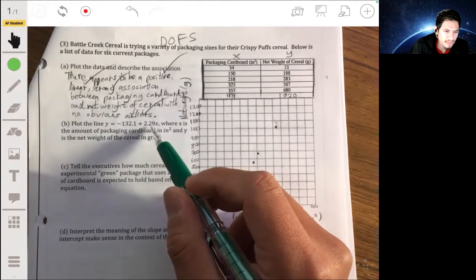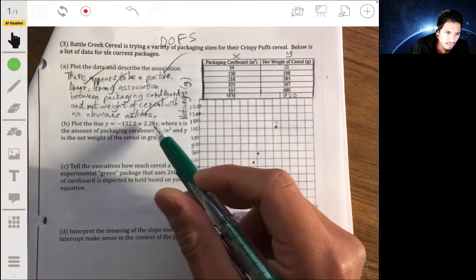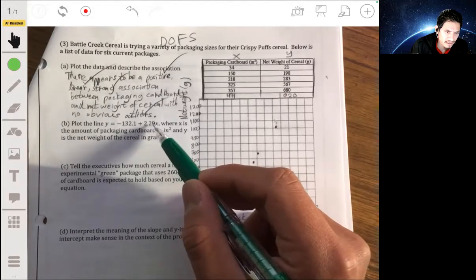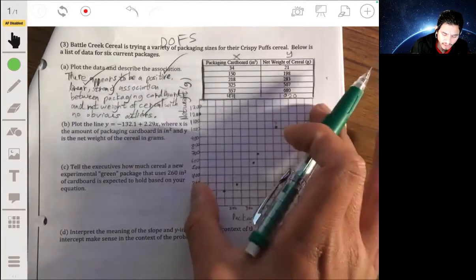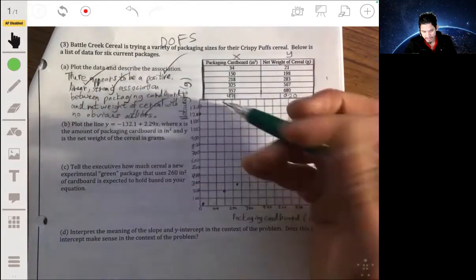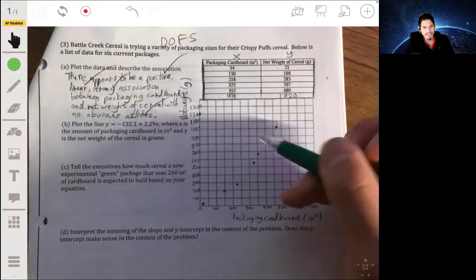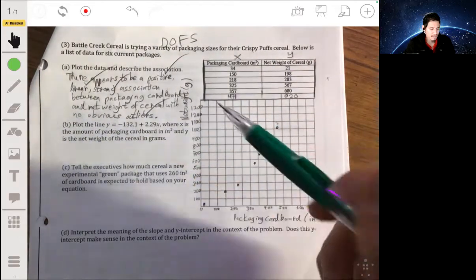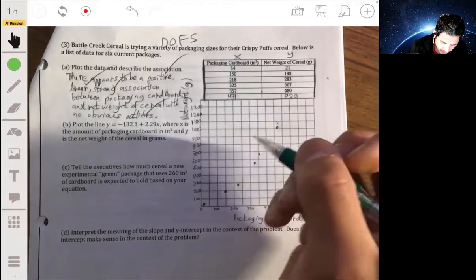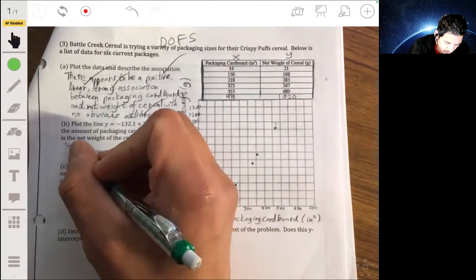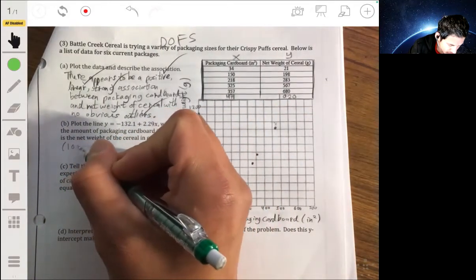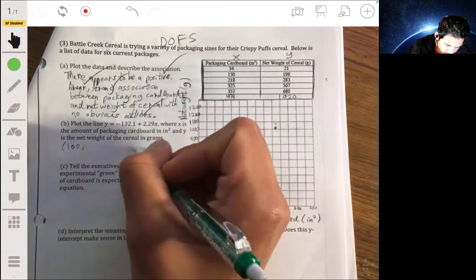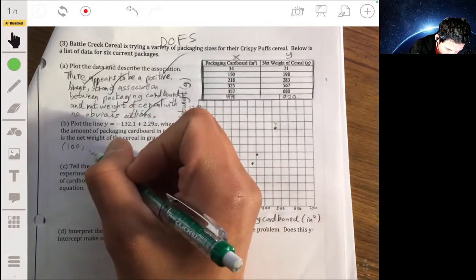So don't try to plot this by the slope and the y-intercept. Just pick 2 points that this line goes through. Pick 2 points far apart. Sometimes my students will want to use the slope and go up. That's going to be very tedious and it's not going to come out right when it's that small. So I just basically calculated what the y values were when x was 100 and when x was 500. So I found that when x is 100, y was about